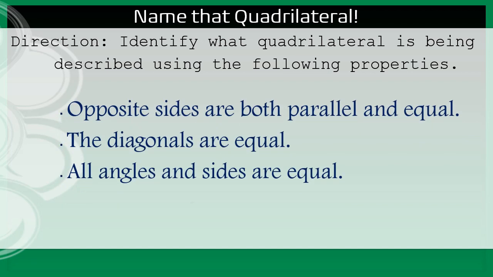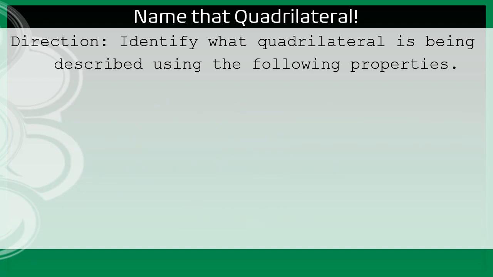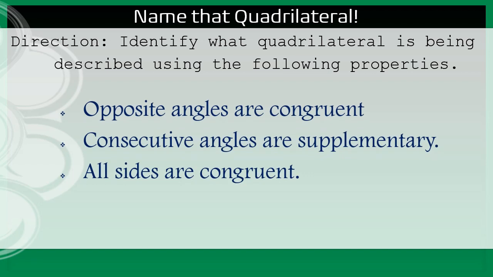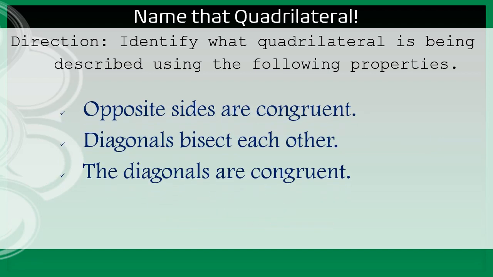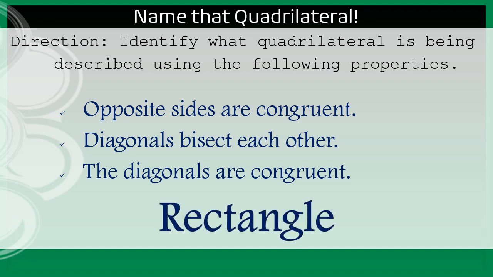So first we have, this is a square. Next, according to the property stated, this refers to rhombus. Next is, for this, opposite sides are congruent, diagonals bisect each other, the diagonals are congruent, this refers to